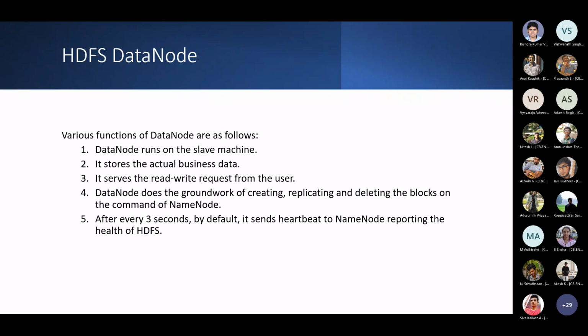We are looking only at the management of memory. HDFS is only concerned with management of memory and moving the data to and from the master and the slaves. Master slave data movement and storage is the only work that HDFS does. The processing and other stuff is done by the systems that we are going to talk about next.